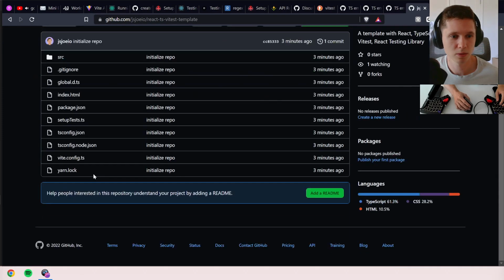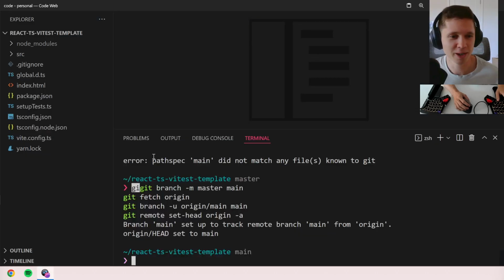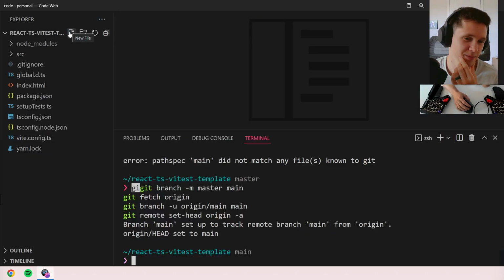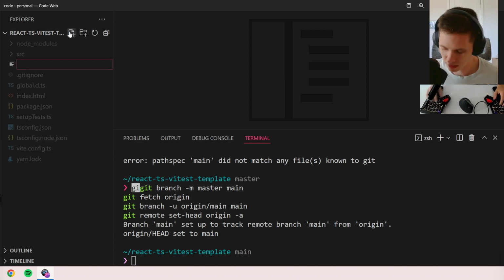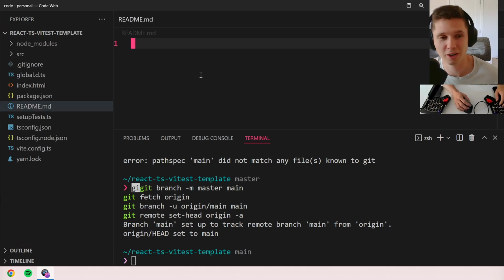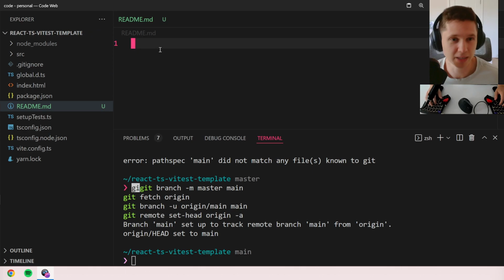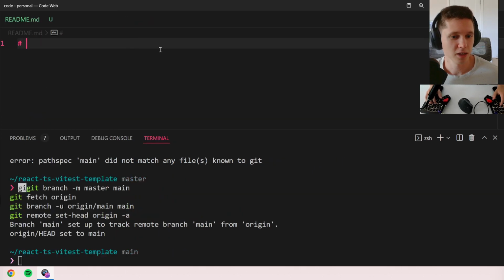So cool. Oh, I guess I should add a README. I'm surprised it doesn't have one. I really don't want to make a fancy one because I'm lazy. I mean, if somebody gave me a fancy one and was like, yo, Joe, here you go, I would put it in here. But because I'm lazy, let's just add this. We'll just add the basics. We'll say